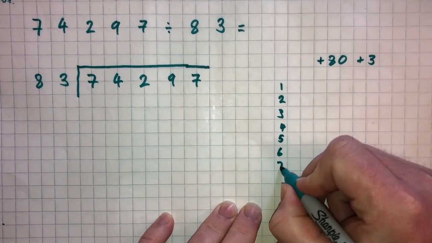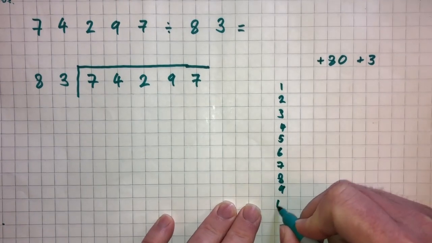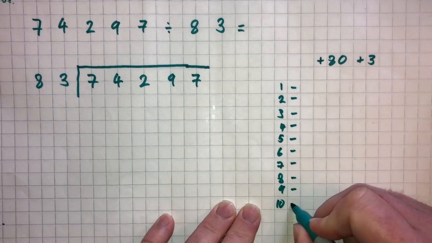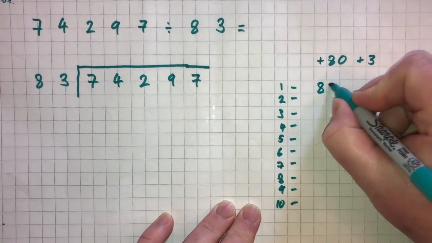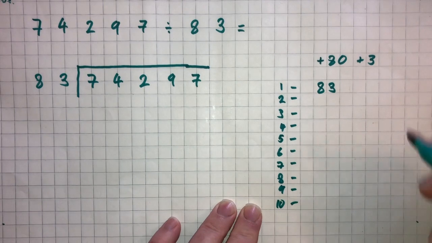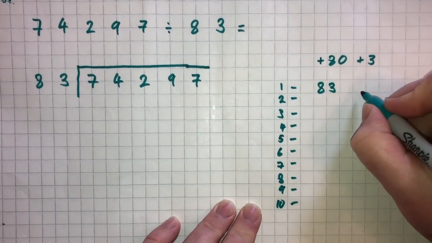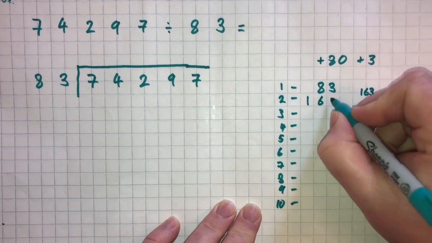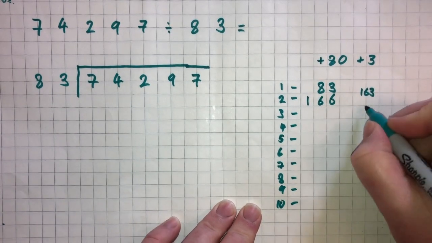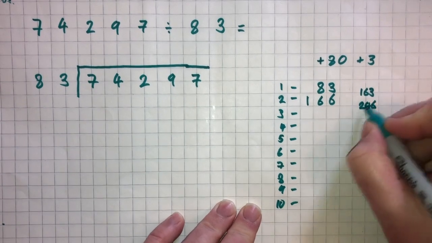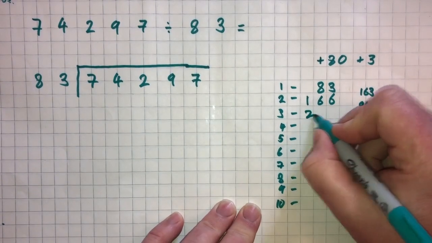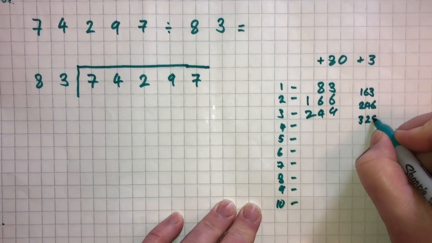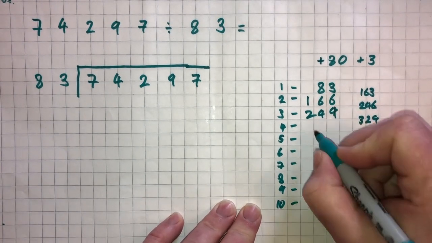Okay, so it's important that I do all the table up to and including 10 because I'll use the 10 as a check. Now, it can be easier if you do it in two steps. Some people like to write this here. So I'm going to put 163 plus the 3 is 166. Add on the 80 gives me 246. Add on the 3 gives me 249. Add on the 80 gives me 329. Add on the 3 gives me